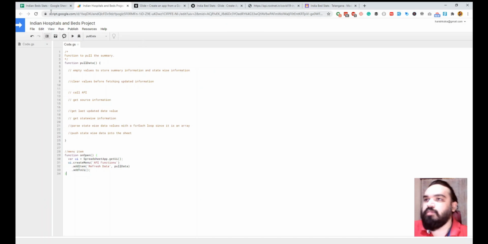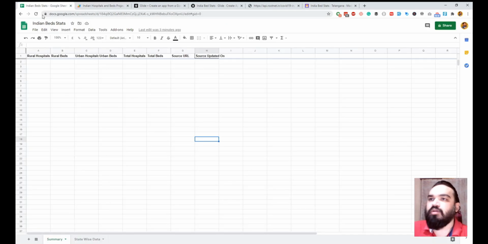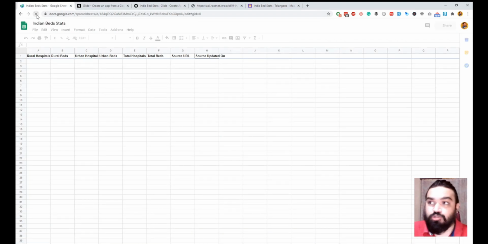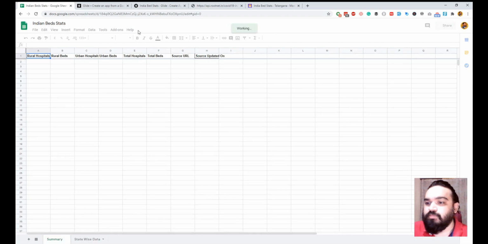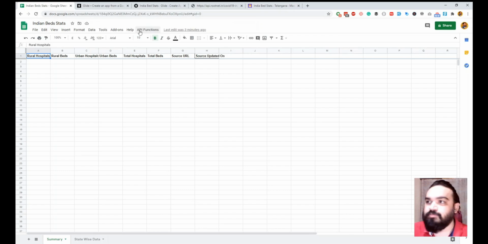Now if you quickly go and refresh your Google Sheet, you should be able to see a menu next to Help here. So let's just wait for it to load real quick, and then we should have the menu. Great. API Functions is here and Refresh Data is also here. Once I click on Refresh Data, it will call the function. So let us go back to the script editor and now start writing the logic for this.